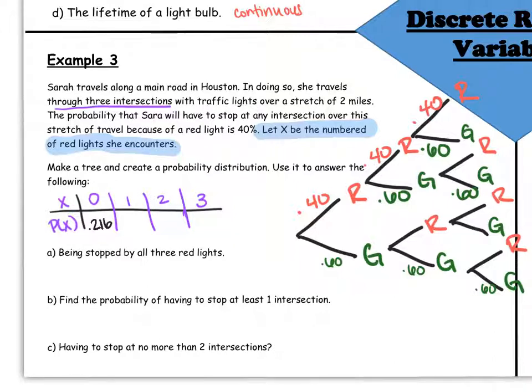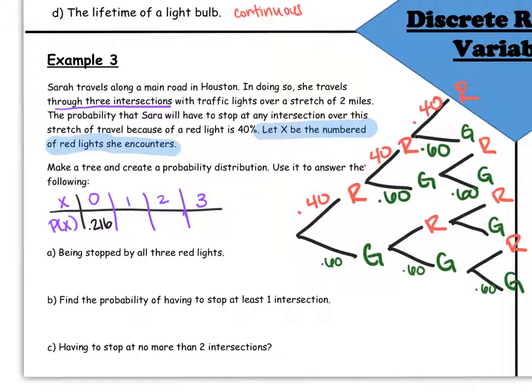0.6 times 0.6 times what? 0.4. Everybody understand why? If you're doing one green light, that's 0.6. One red light, I'm sorry, one red light, that's 0.4. The other two lights have to be 0.6. So that's 0.4 times 0.6 times 0.6, and that's equal to